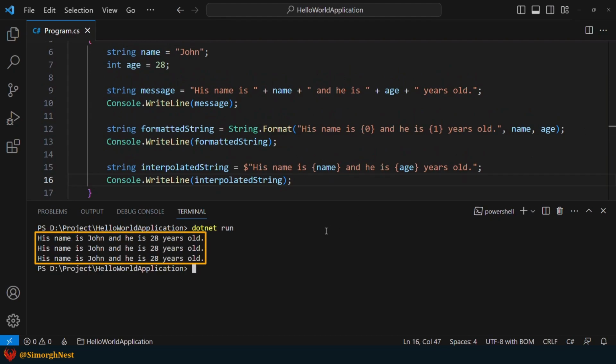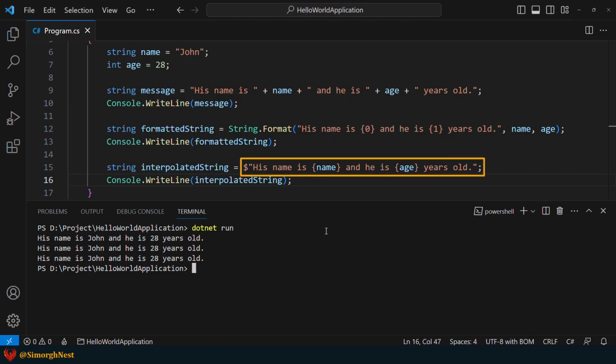As you can see, we obtain the same results for all of them. In total, by utilizing string interpolation and employing meaningful variable names, we can make our code more readable and easier to understand.